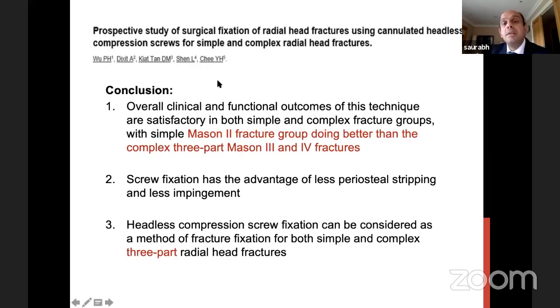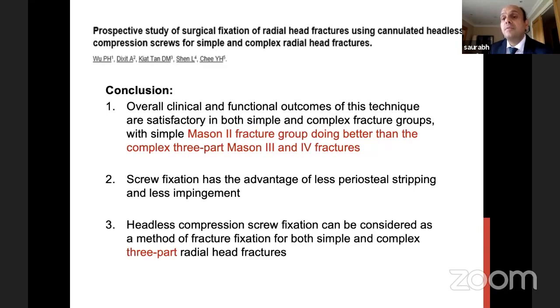Then another thing to say is with radial head fractures, we know Mason classification, 1, 2, 3, 4. 1 is less than 1/3, 2 is more than 1/3, 3 is comminuted, 4th is associated with an elbow fracture dislocation. Now with Mason, remember as you go towards Mason 3 and 4s, they are associated with a lot of soft tissue injuries, ligament injuries, interosseous membrane injuries.